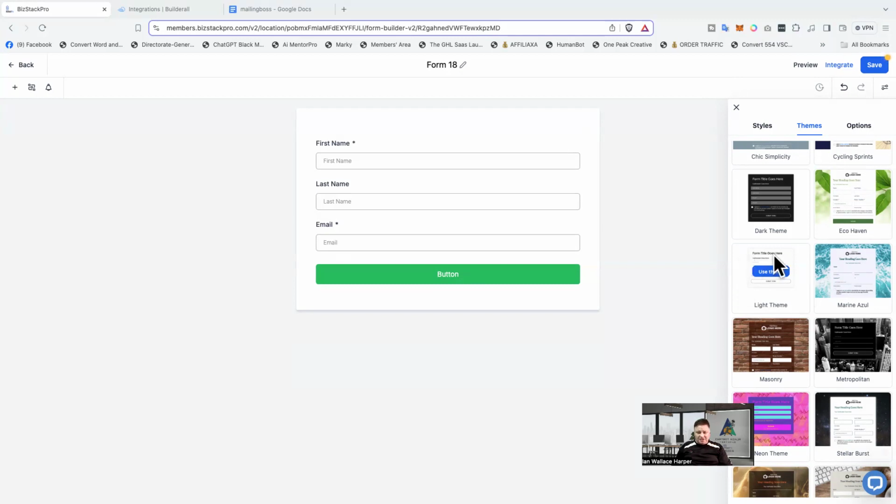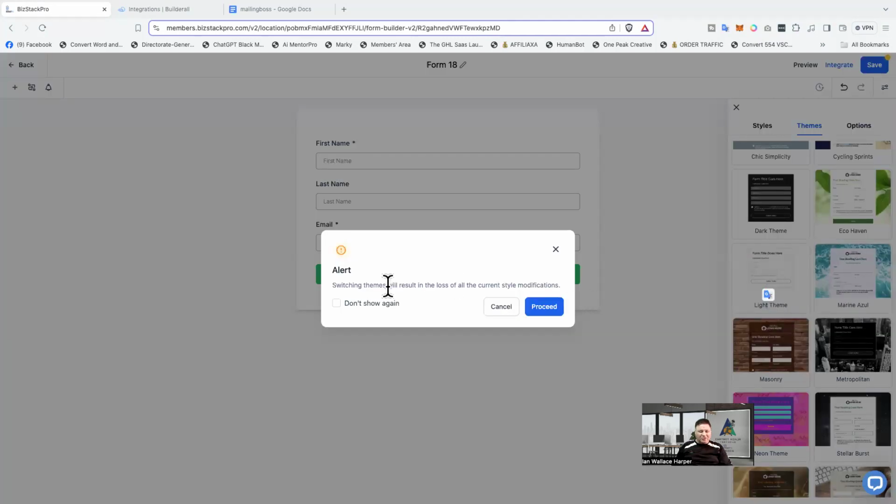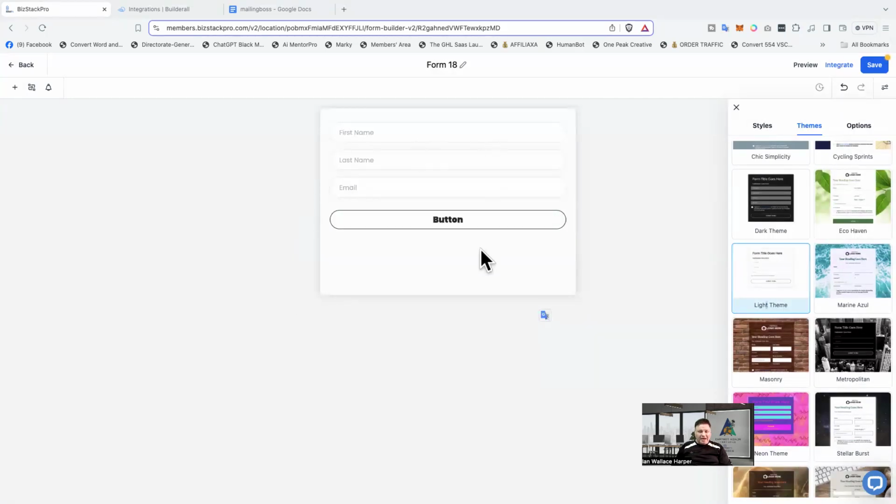Well done, Chris. I love this one myself. So we're just going to click on this one. Click on it, and it will say proceed. Yes, we know switching themes will result in a lot of current style modifications. We're going to proceed. And we've got